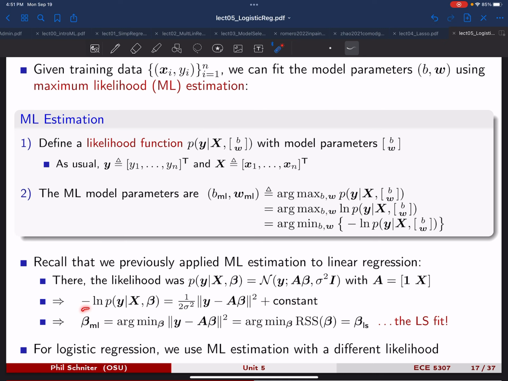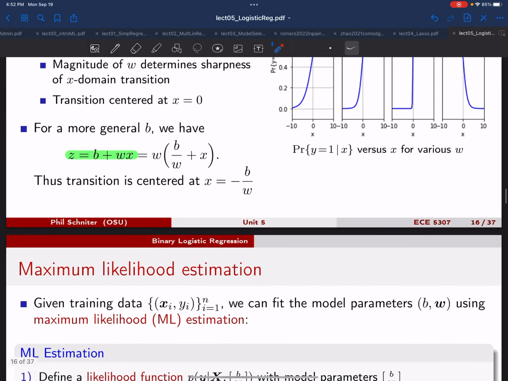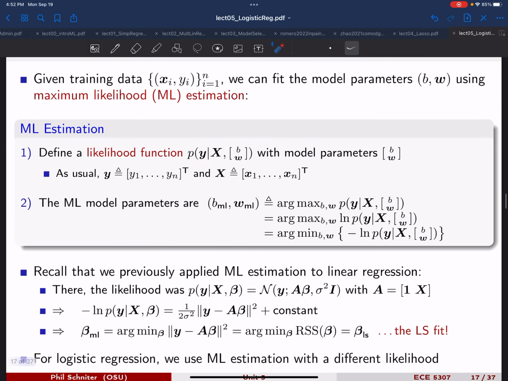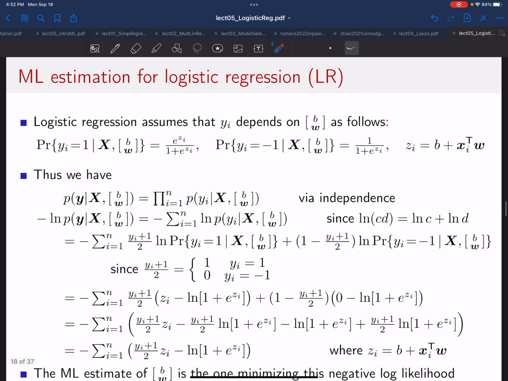So we saw that when you take the negative log of this Gaussian, you get a quadratic plus a constant in beta. So if you want to minimize this, that's just basically minimizing this quadratic, which is also known as least squares fitting. So everything is the same now. It's just that we're not using this likelihood. We're going to use the likelihood that comes from our probabilistic model here. But otherwise, the process is the same. Okay, everybody good with maximum likelihood, the high level? Okay, so let's do the derivation then